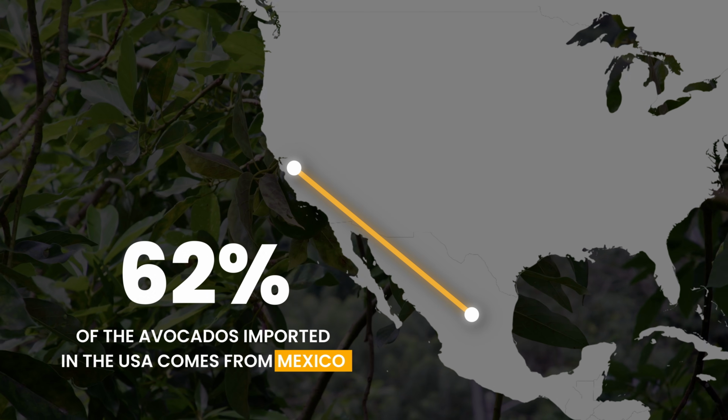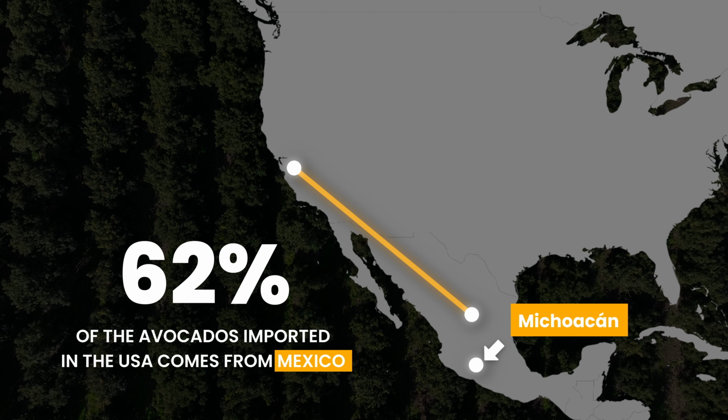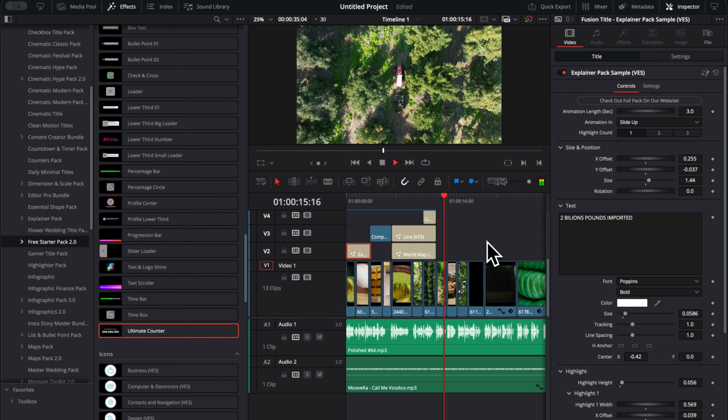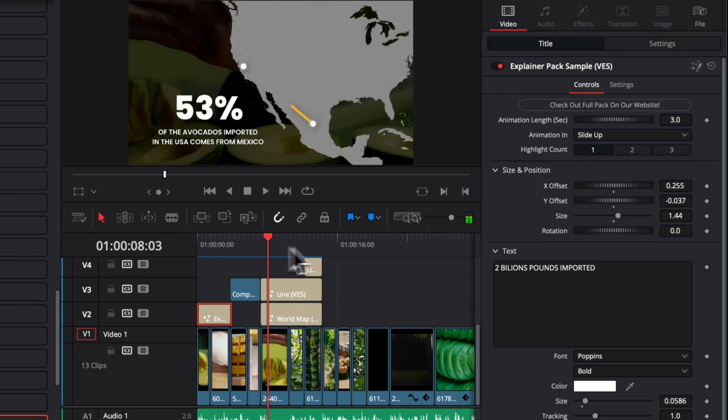In fact, the journey starts right here in Michoacan. They're harvested in June